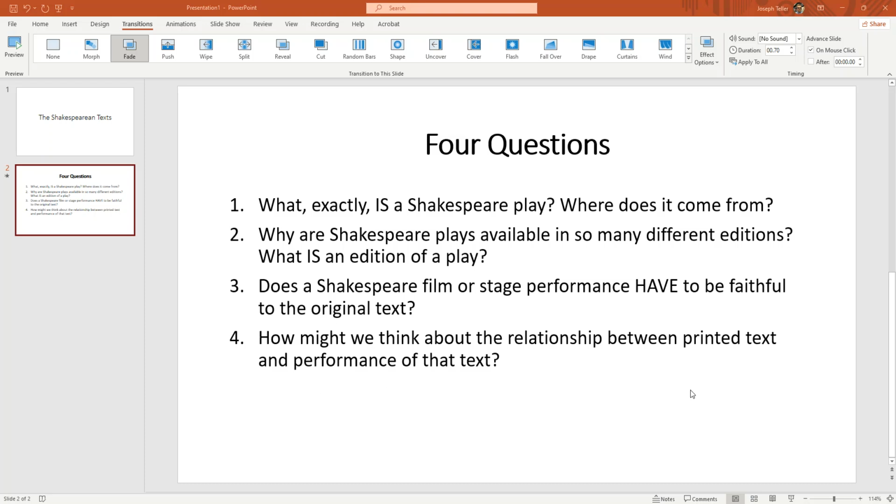And without getting too far in the weeds here, what I'll say is that often directors and actors, when they're putting together a performance of a text, are very often aware of previous famous performances of the text or films of the text. And sometimes those previous performances color the choices they make with their version. Sometimes the director might be very consciously responding to some other director's version of a play, right, or some other famous performance of the play. So in that case, a performance may actually influence another performance,